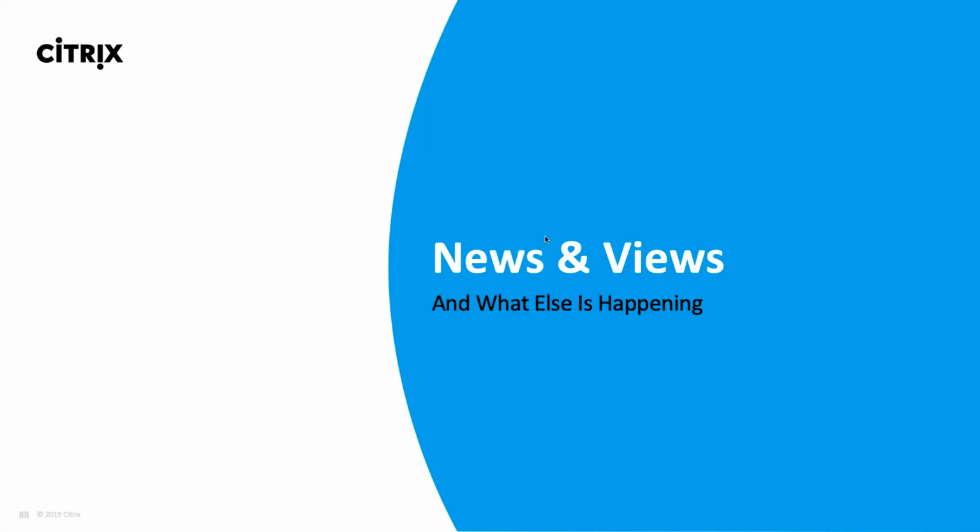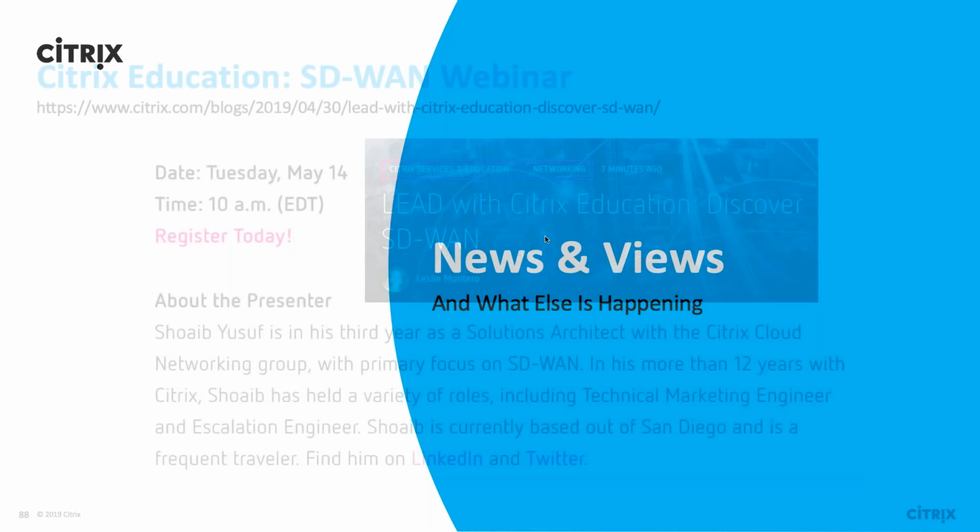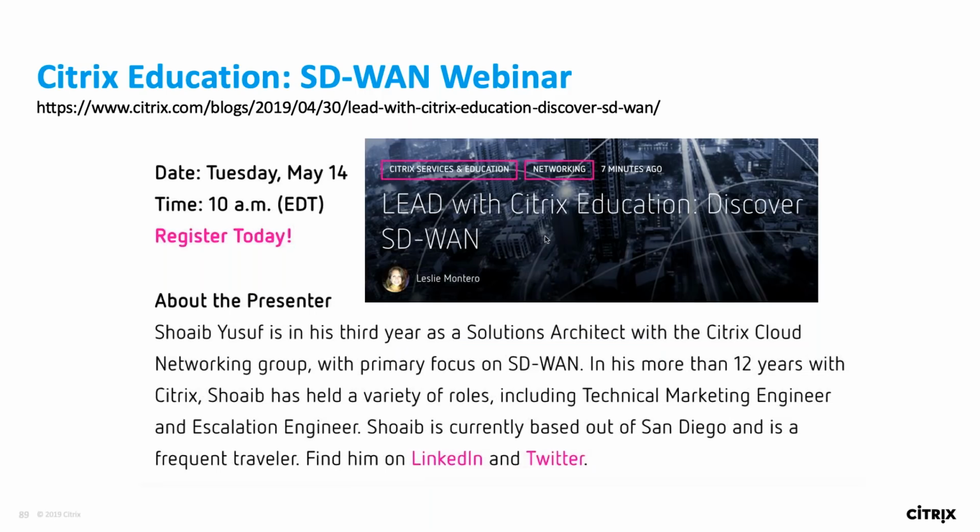And for now, I'd like to go into the conclusion part of the webinar and cover what else is happening across Citrix for the month, as well as what will be coming up next. So in the news and views, what's happening? Well, coming up right before Synergy, we have an SD-WAN webinar. SD-WAN has been a topic that we have frequently on the Networking Masterclass, and I'm really excited about this webinar coming up on May 14th, just a week before Synergy.